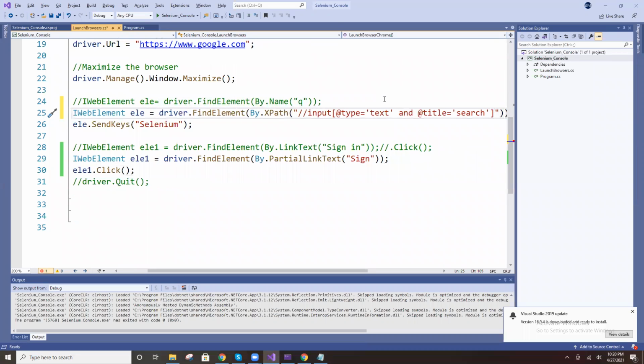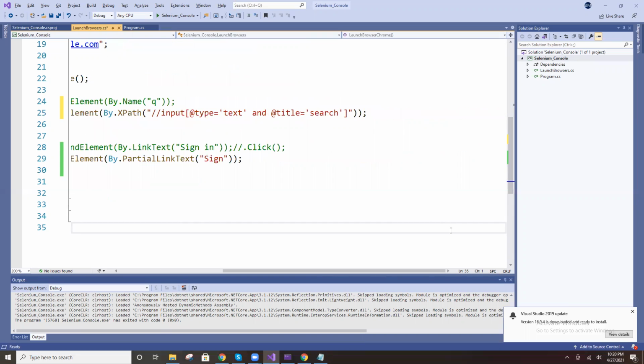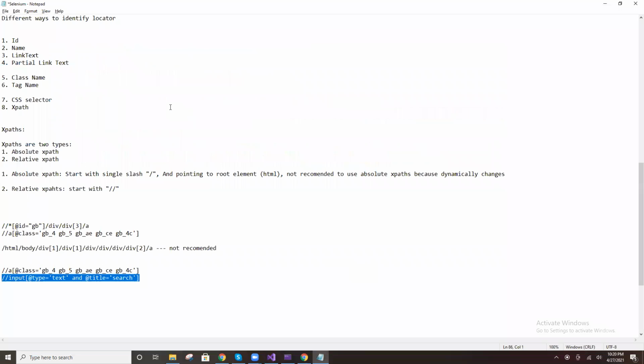That's it. Like this, you can add your own XPaths. See, this is one type of XPath.